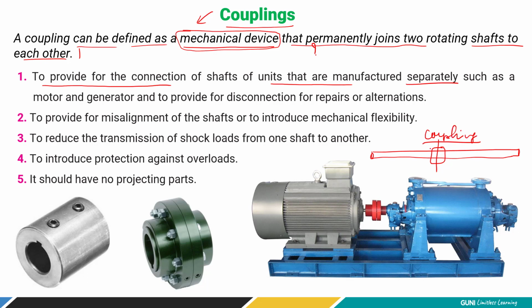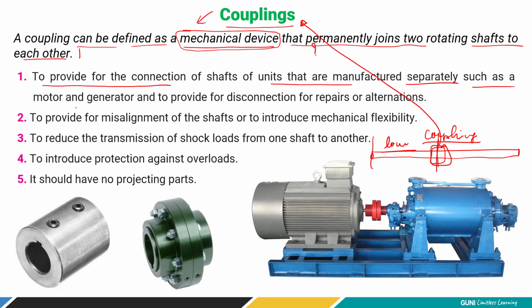Now the question arises, what happens if you keep the shaft longer, more than 10 feet, say 20 feet? Because of the higher length, if it is made of a single piece, when you rotate it, because of the vibration equations, the longer the length, the lower the frequency at which it whirls out. Whirling speed will be very low, which means it will vibrate at a higher amplitude. That's why the standard length is limited to 10 feet. Because of this reason, we need to connect two shafts, and hence this is where the coupling is used.